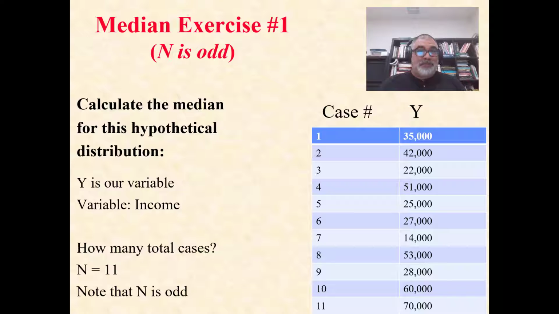So how do we figure out the median? Well, how many total cases do we have? Well, we have 11. N equals 11, and we're going to note that n is odd. Now, on a test, I've given data like this before and said, hey, look, there's 11 cases, here's income scores, what's the median income? And some people will point to observation number 6 and say $27,000, that's my answer. $27,000 divides the distribution in half. And that's the wrong answer,